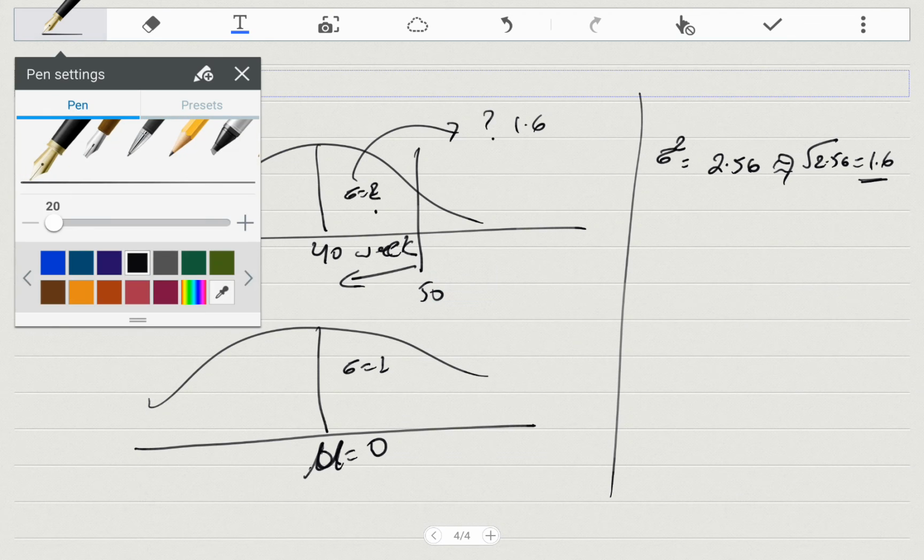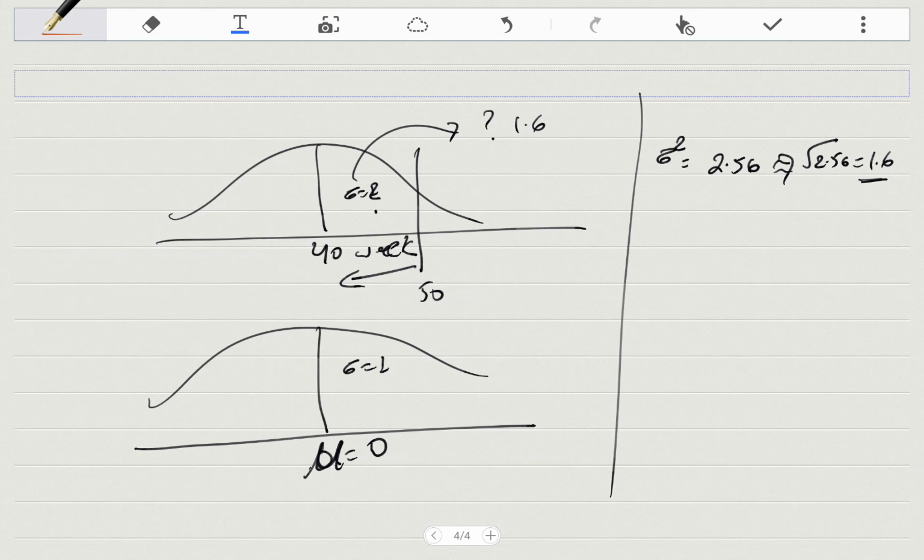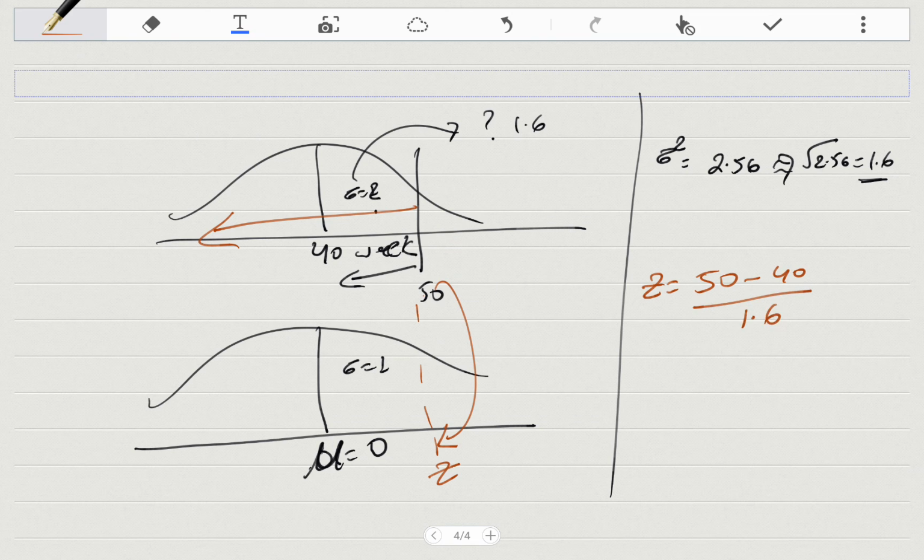Change the color here, red. Alright, so now you want to find what percentage is left of this 50. Well, the trick is to find the equivalent of this in the standard normal. That's what the Z calculation really is. So Z, let's call this Z. Z is 50 minus 40 divided by the standard deviation of 1.6. Again, this is roughly 1.6. Comes out to be a pretty high number,